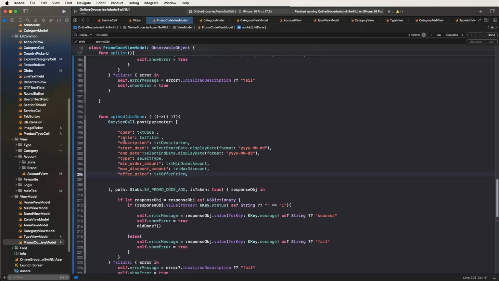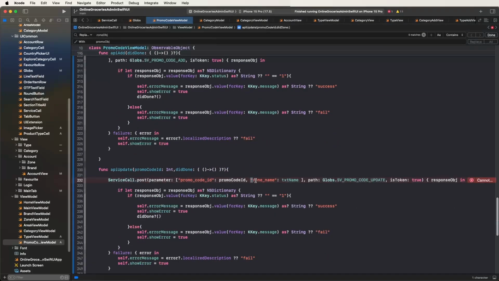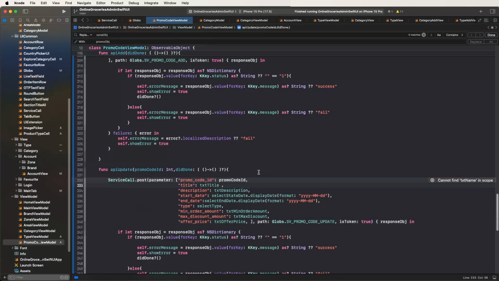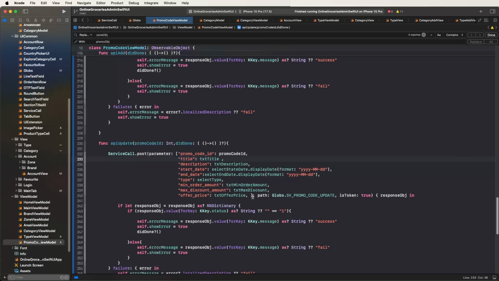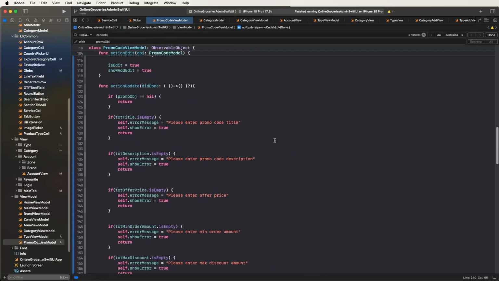So need like this here. Now need to copy these parameters and set them for the edit, paste this here, and apply like this. For the update, so need to call this value and pass here. Now the view model codes are done, and now we need to develop the promo code list